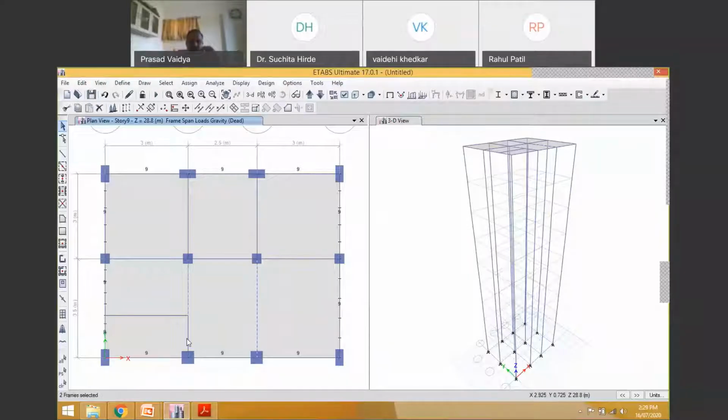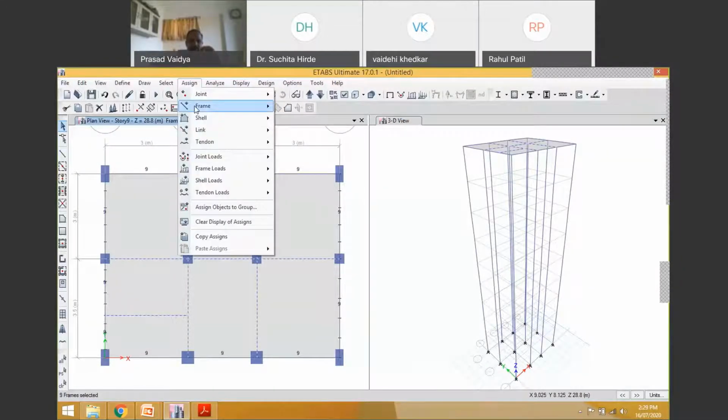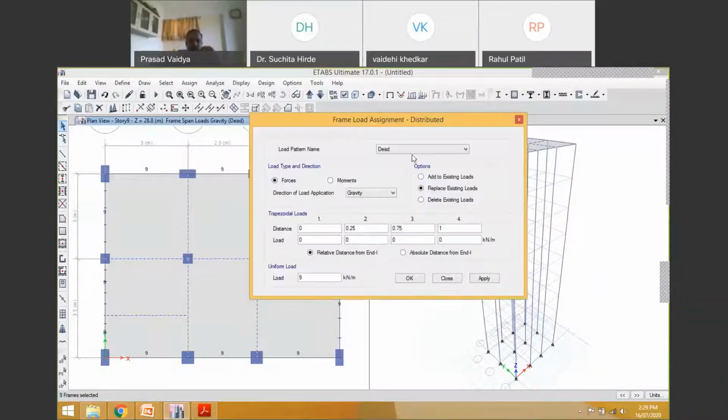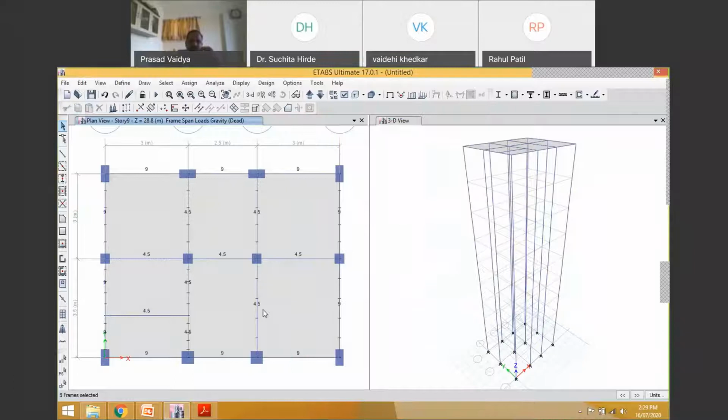So here the load case will be dead load, and here I will put 9 kilonewton for outer wall, and for inner wall I will keep the load as 4.5 kilonewton per meter. So select all inner walls, means all inner beams, and then assign distributed. Here the same load case, I will keep 4.5.